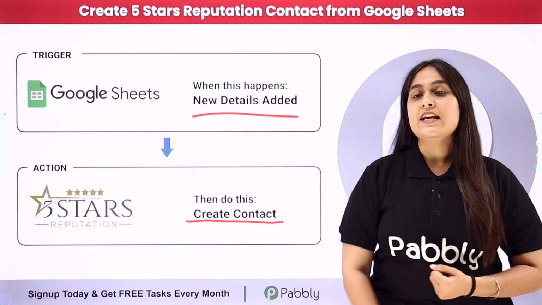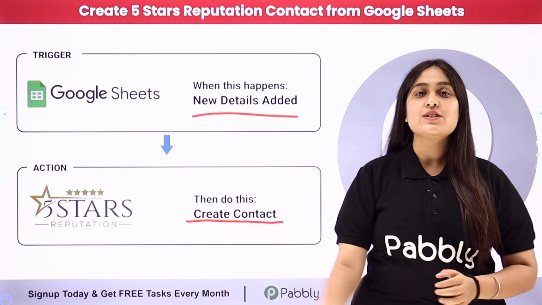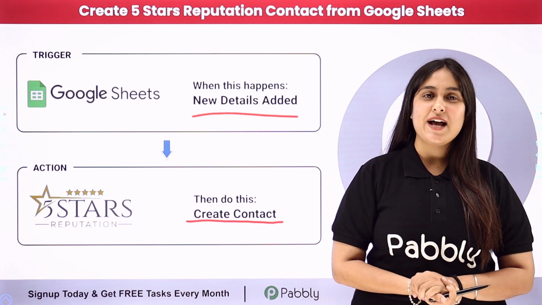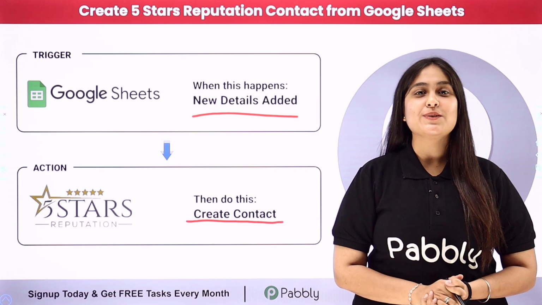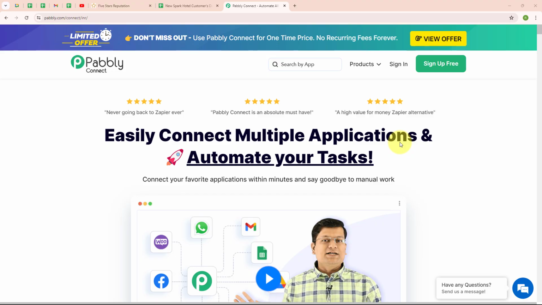So to build this connection, I need to connect these applications using an automation software named Pabbly Connect. To learn this process step by step, let me take you to my screen. Welcome to my screen. So in this video, we are going to learn how to create 5 Stars Reputation contact from Google Sheets. As I've already mentioned in my introduction, I manage a boutique hotel and I'm using